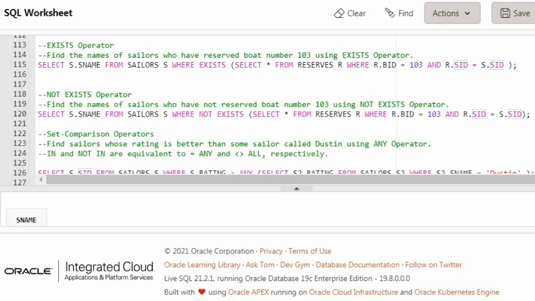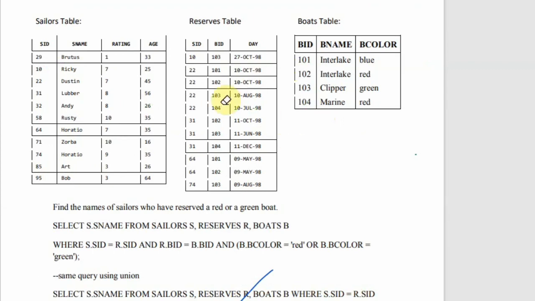The two tables that are in correlation are the sailors table and the reserves table. So you just need the sailors table and the reserves table. Now, coming over here, we are considering the sailors and the reserves tables. It is saying: does the SID exist in the reserves table? We are looking for exists, meaning whether it is there or not. Now it will take the first SID from the sailors table and compare it with every other tuple's SID in the reserves table till there is a match.